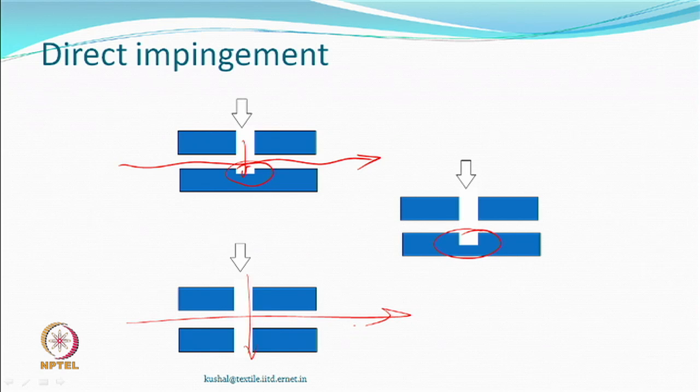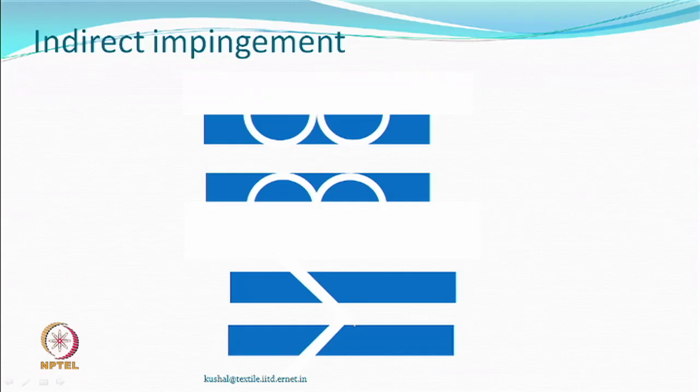They called it direct impingement. Direct impingement means the air is directly, almost perpendicularly impinging, so that whatever happens should happen there. Indirect impingement, where the air is not directly impinging, but is being fed in different ways and causing some effect while the yarn may be moving. So, coming to think of it, it appears people were interested in this process so much, they were looking at some results which were probably not coming as easily.